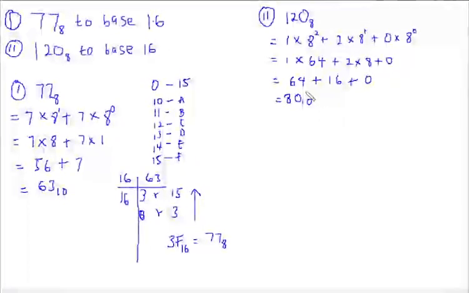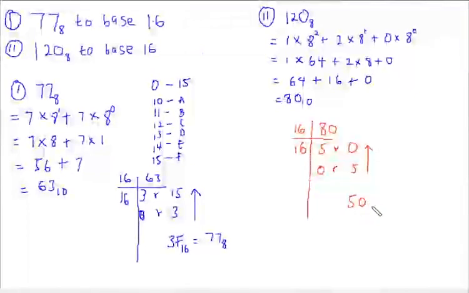So we have to convert this resulting base 10 value to base 16. Now we have 16 on this side. We're going to be creating the same table, 80. So 80 divided by 16 happens 5 times, remainder 0. 5 divided by 16 doesn't happen, so I'll be saying 0, remainder 5, bringing my 5 down. Then I'm going to be writing my values from the bottom to the top. So this implies 50 in base 16 is equal to